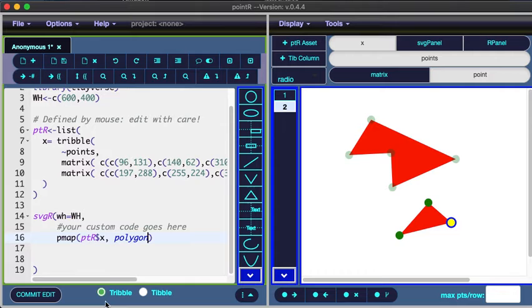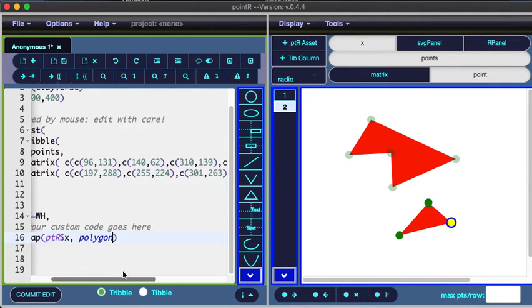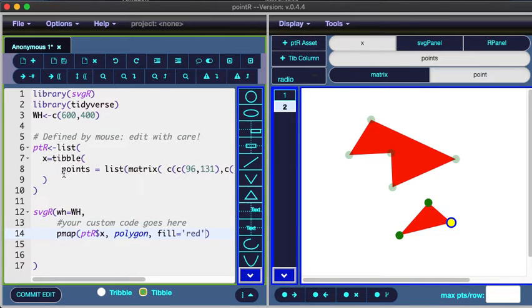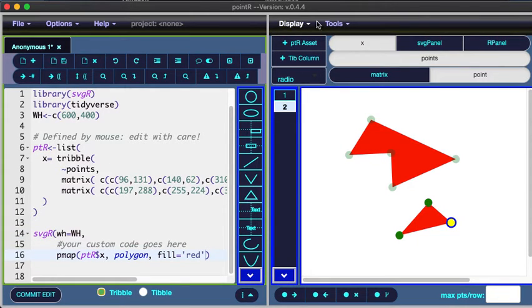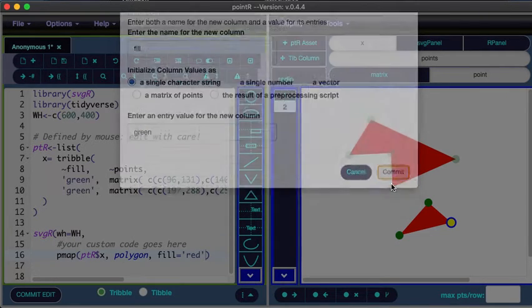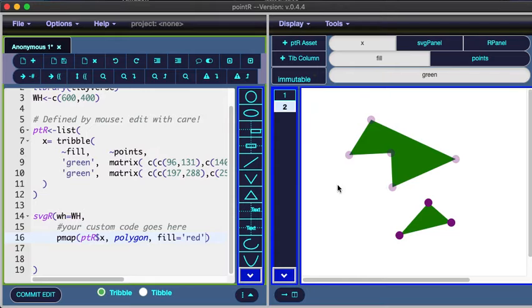What I would like is to have another column in my tibble. If I look at the tibble like this, I could add another column by adding another row and saying fill equals, but that's kind of messy and ugly, and I hate typing. So what I'm going to do is add another column by clicking here and saying the column is going to be called fill, and the value is going to be, let's say, green. Commit. Okay, now I have a polygon with a fill of green,